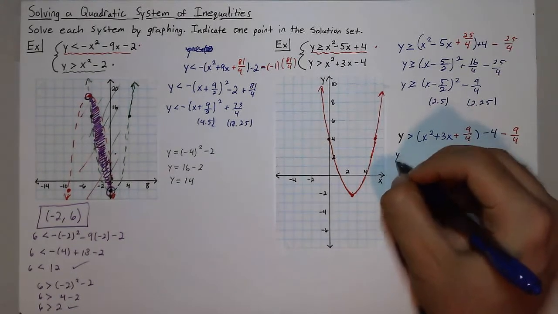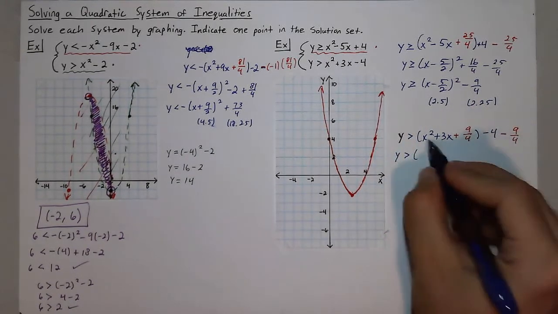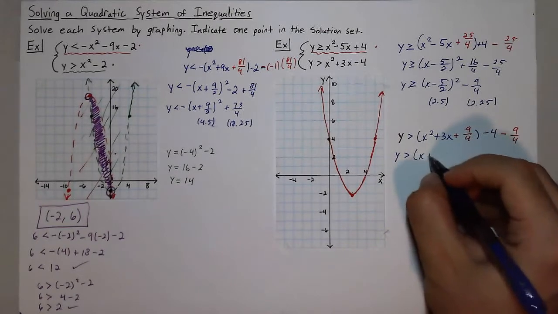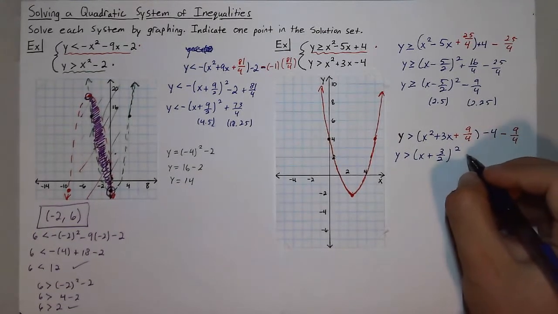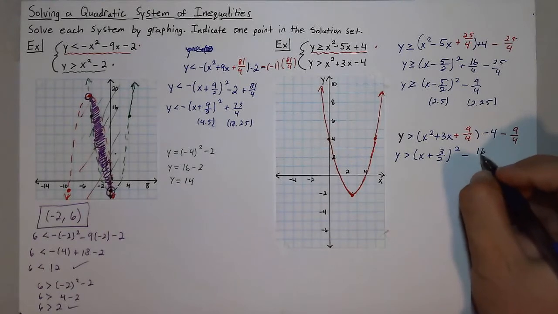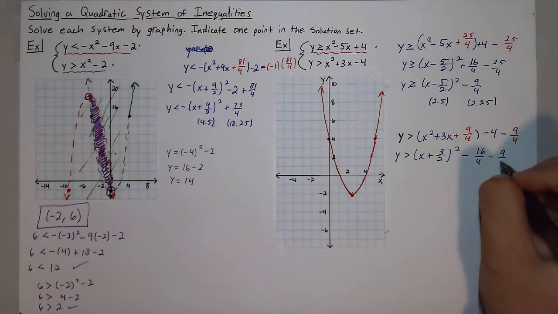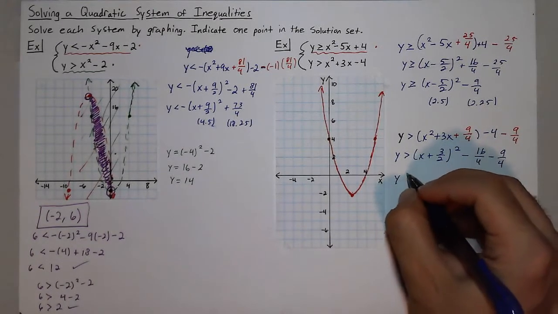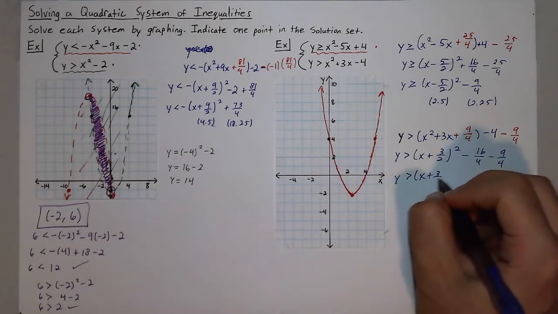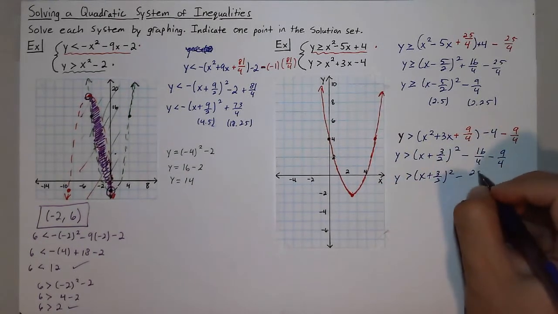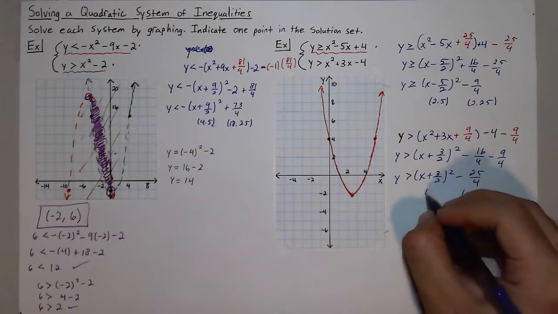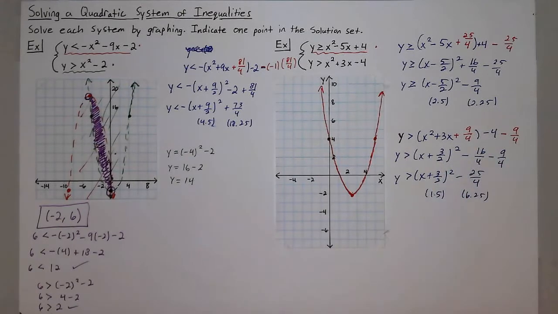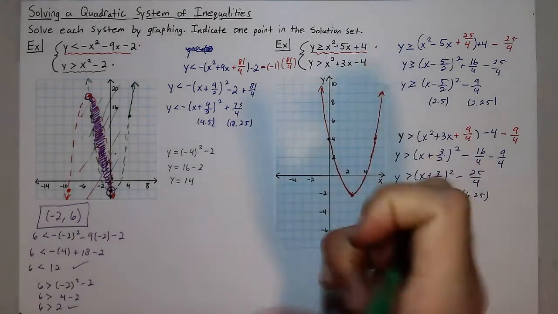So I get y is greater than, completing the square here and factoring, I get x plus half of 3 squared. And on the outside, that 4, again, can be rewritten as 16 fourths. And combining those two numbers gives me 25 fourths. So I get x plus 3 halves squared minus 25 fourths. 25 fourths is about 6.25. 3 halves about 1.5. So when I go to graph this equation, which I'm going to do in green,